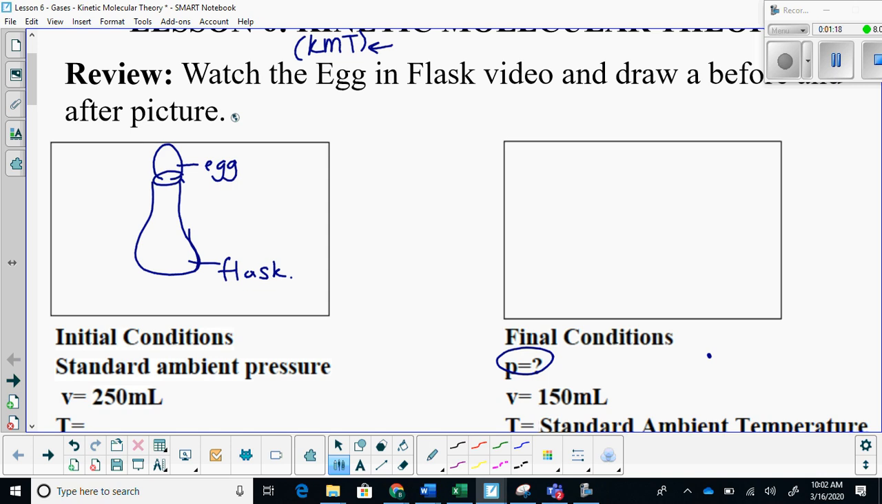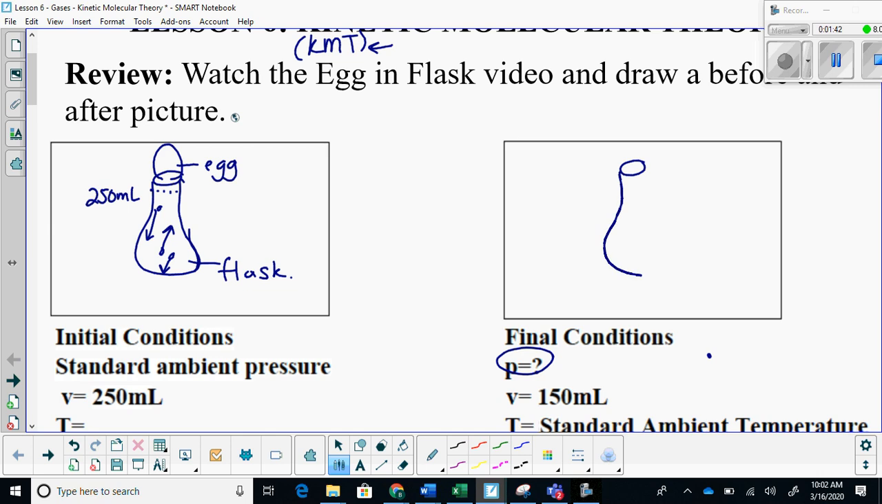Egg. And we say that the initial volume, or where the seal is forming on the flask, gives the gas inside about a 250 milliliter volume. Okay, so we're going to trap the moles of gas. So the moles of gas is going to stay constant with this. Final conditions, what we're going to do